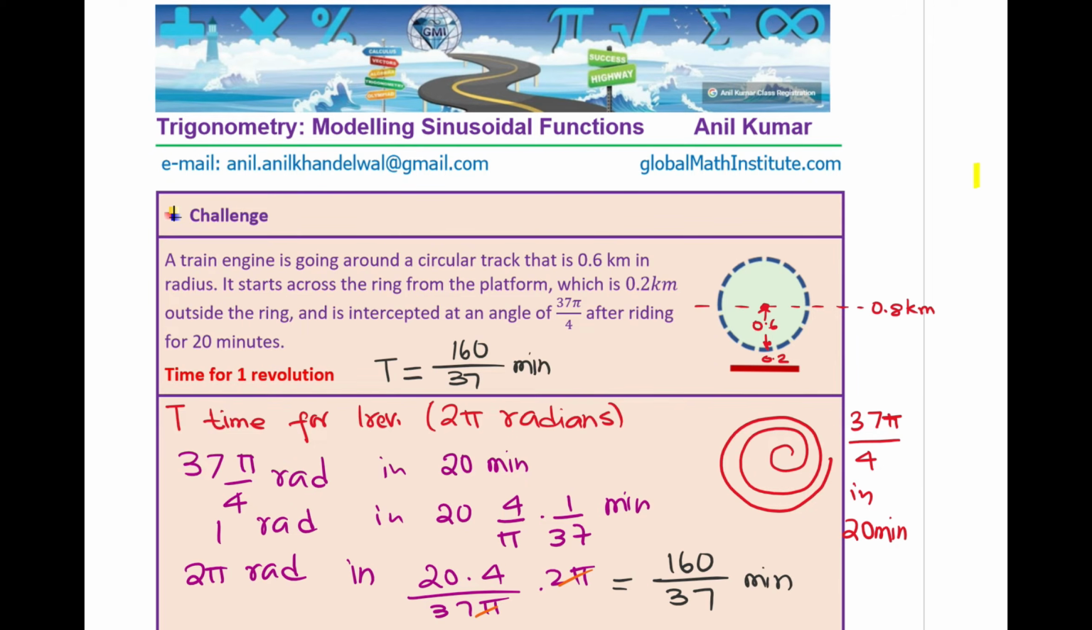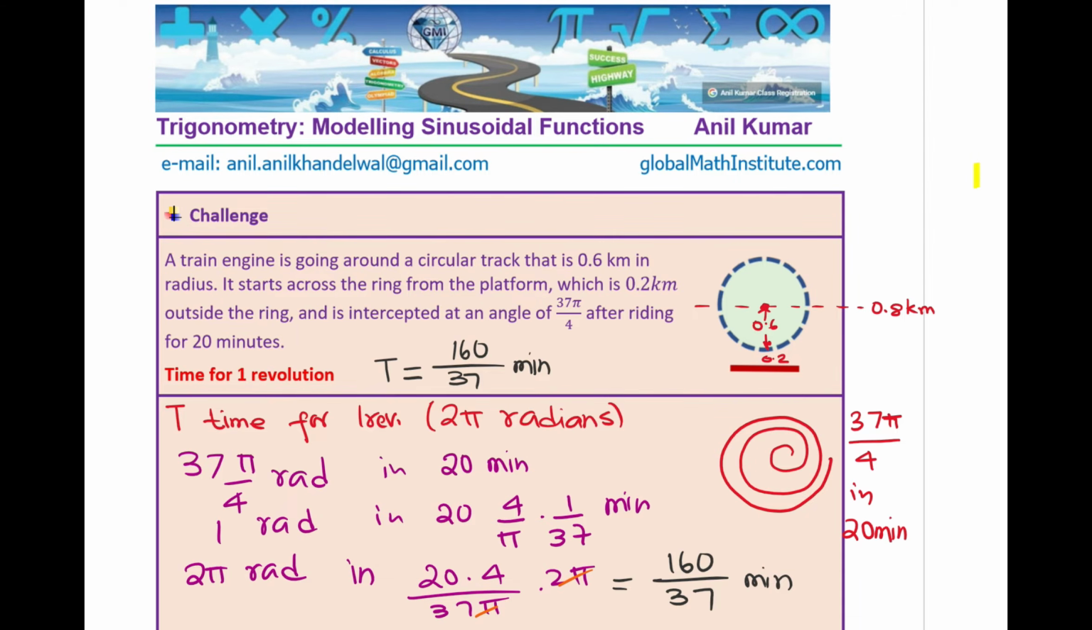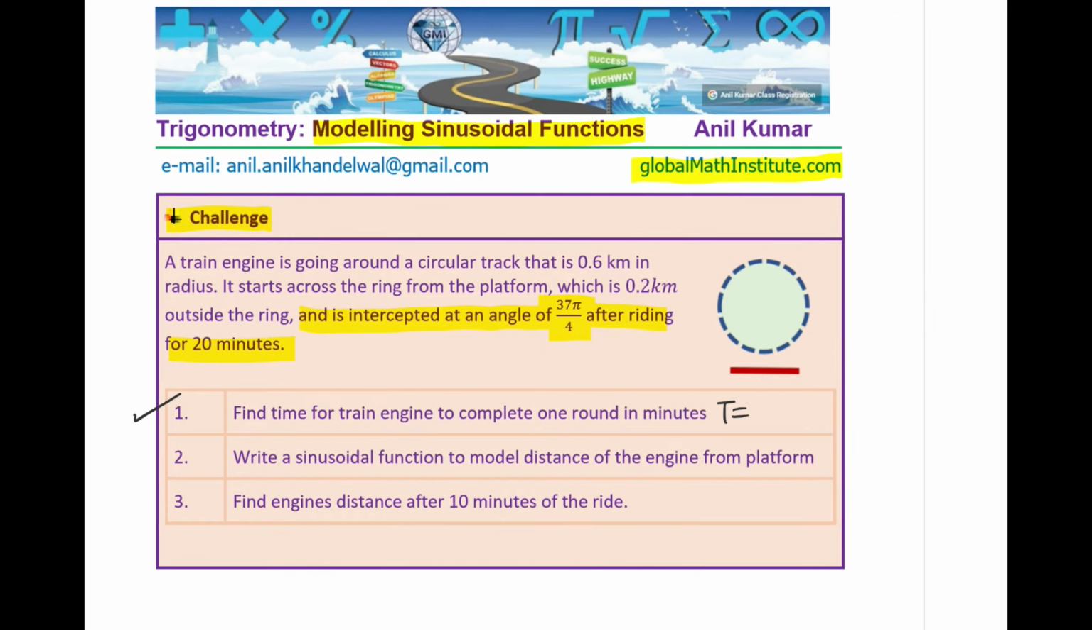Is that clear? Perfect. So we have clearly, using the unitary method, found how much time it takes for 1 revolution, which is the time period. Okay, so the first part is done for us. Let's look into the question. We have found this time, which is t equals how much? 160 by 37